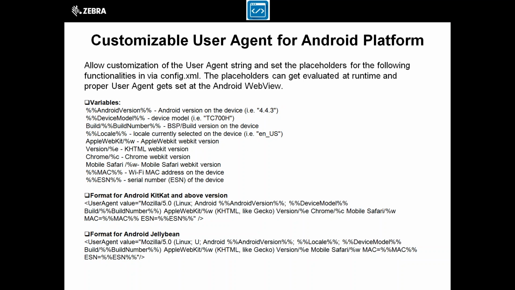/w, which is meant for Apple WebKit version, then /e, which is meant for KHTML WebKit version, then %c, which is used for Chrome WebKit version, then %w again for mobile Safari WebKit version, then the MAC variable and the ESN variable. MAC is used for getting the Wi-Fi MAC address of the device, and ESN is used for the serial number of the device. So basically the user agent tag which was supported earlier on WMC is now also supported